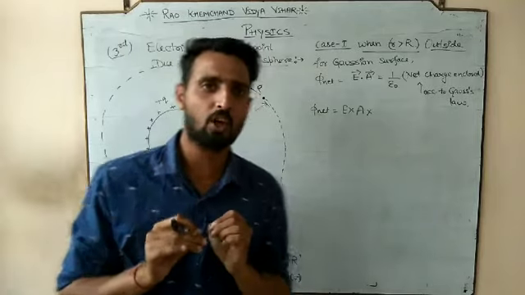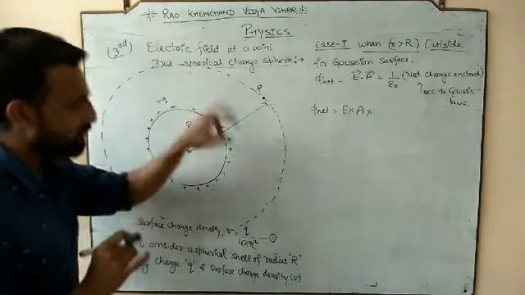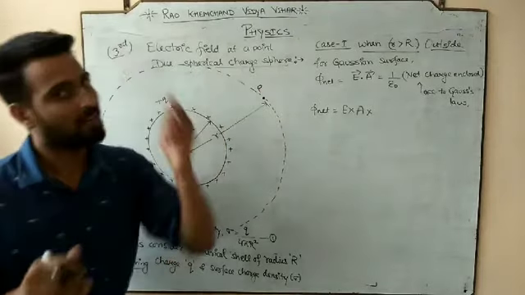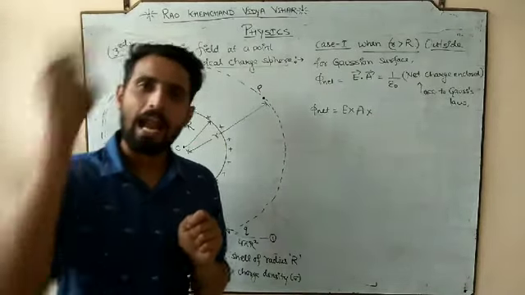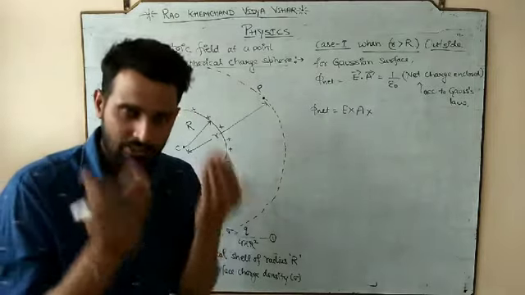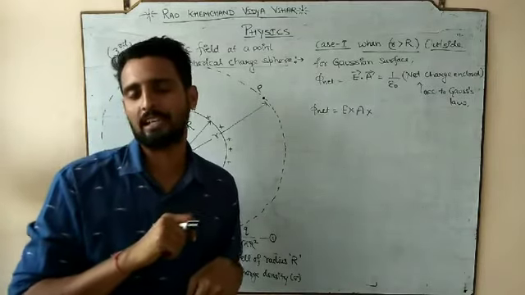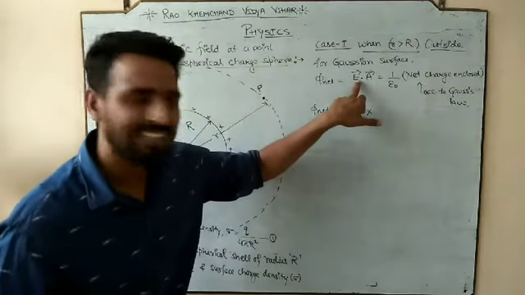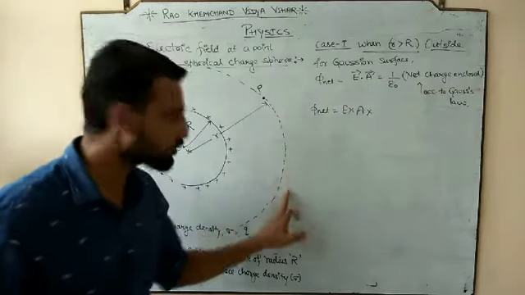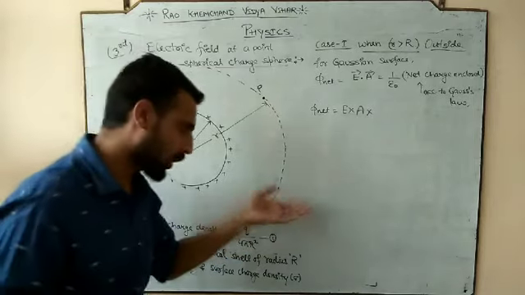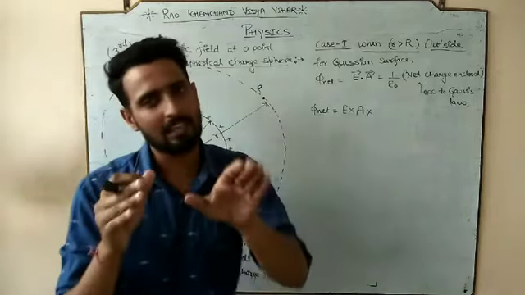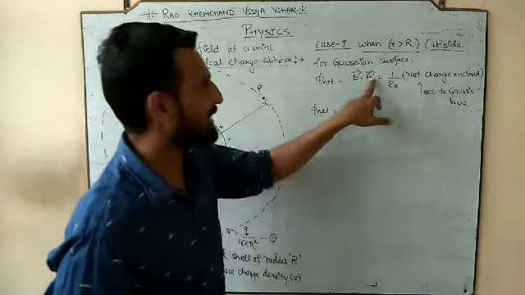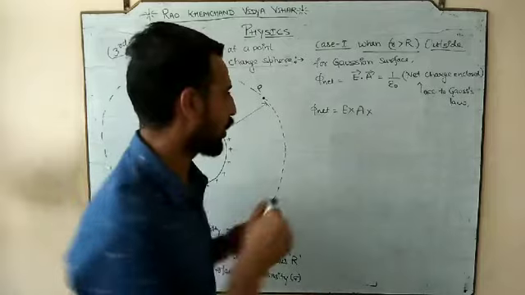Why do we have to study the Gaussian surface? Because we have to calculate the electric field at point P. And where is point P located? At the Gaussian surface. So since we have to find the electric field at point P, we have to deal with the Gaussian surface. So E stands for the electric field through the Gaussian surface, and the Gaussian surface is that surface at which the electric field is the same at all points. That's why this A should be the area of the Gaussian surface.